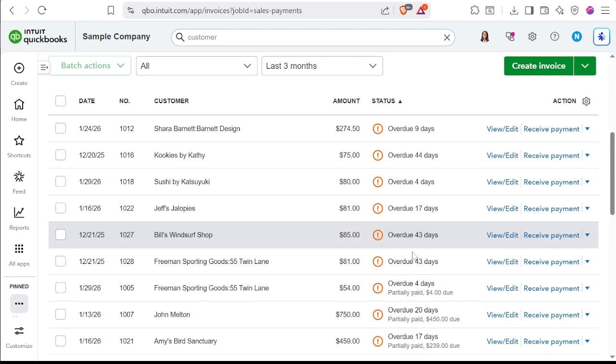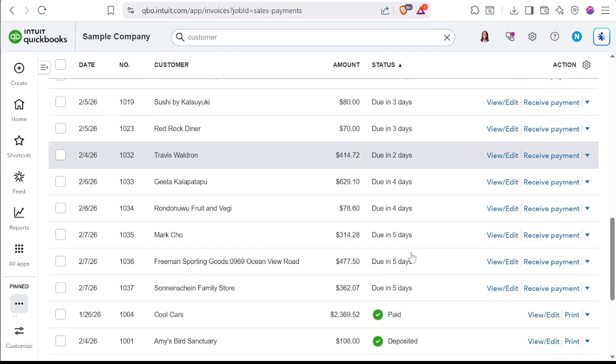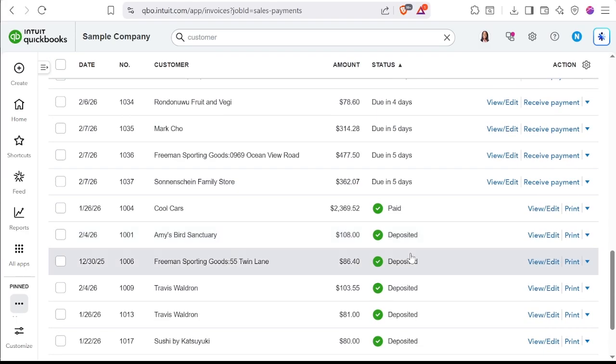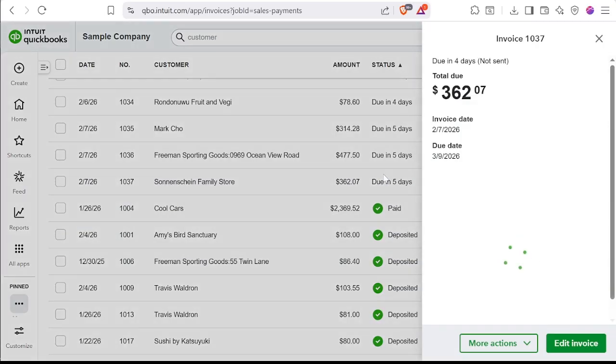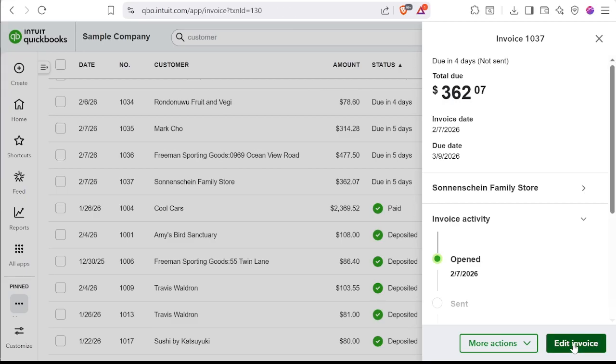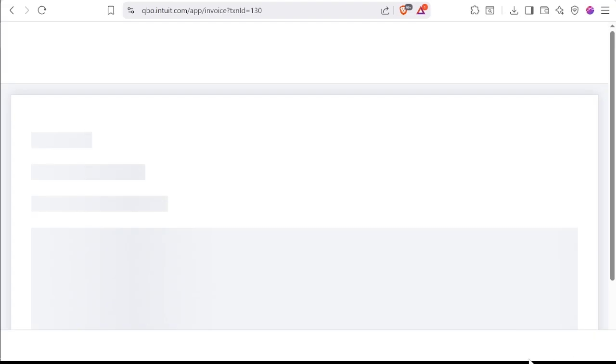Now, find the invoice whose number you want to change. Scroll through the list if needed, and once you locate the invoice, simply click on it. This will open the invoice details. After the invoice opens, click on the Edit button. This will open the invoice editor where you can modify different parts of the invoice, including customer information, products, prices,